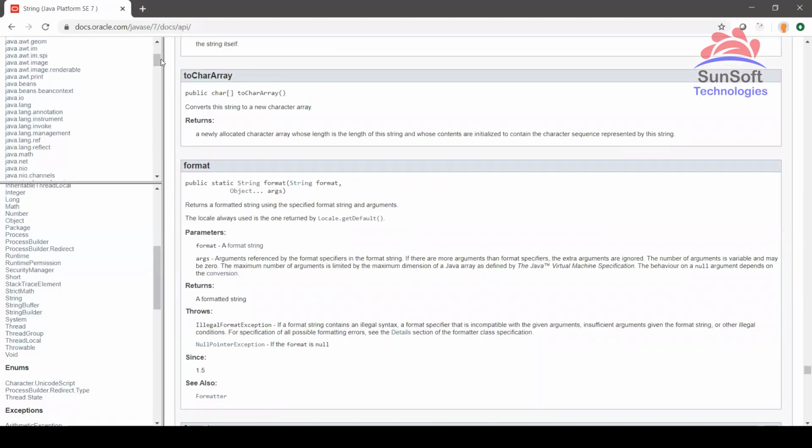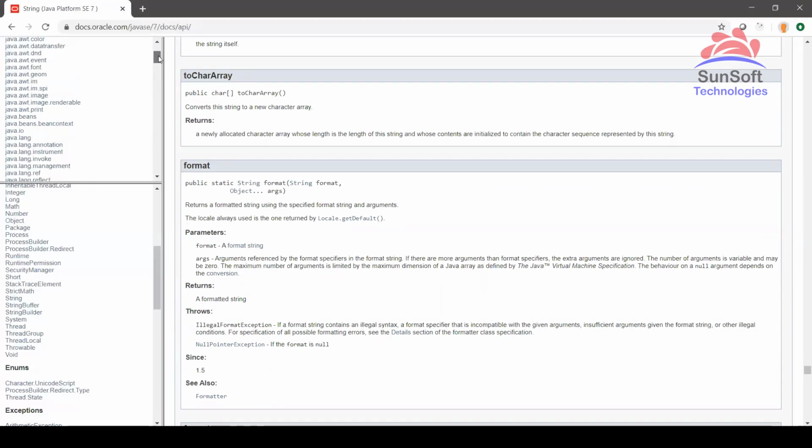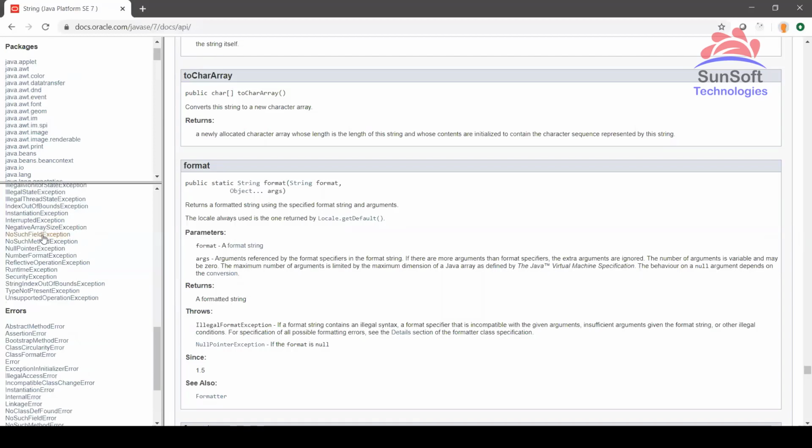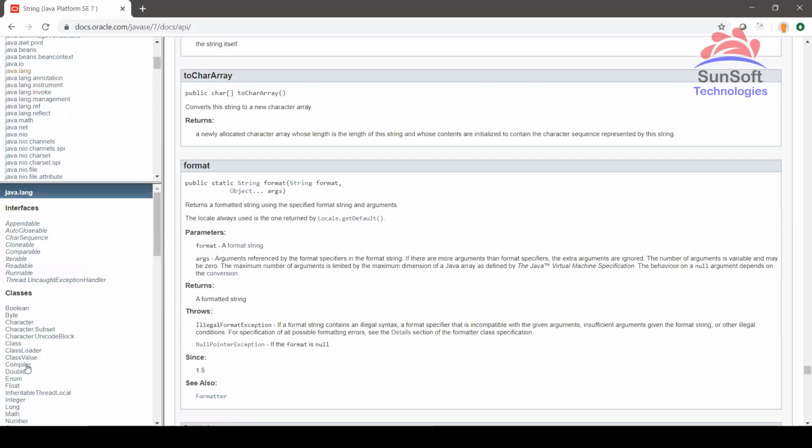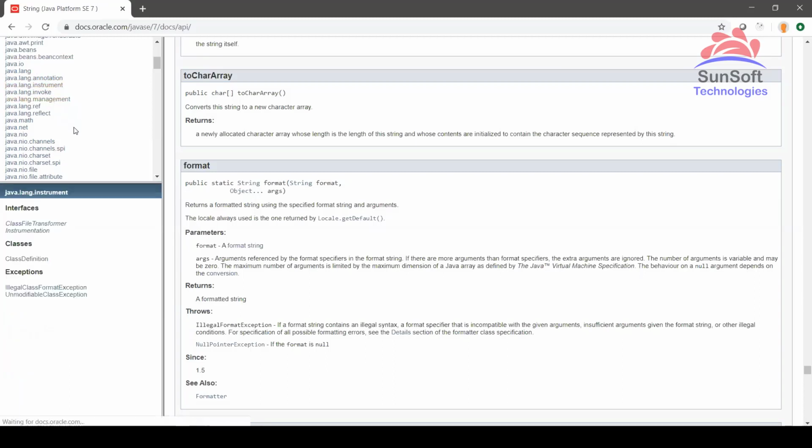But yes, if you want to see which package contains how many classes, then it is better to come here rather than use any command, because we have many hundreds of packages, and every package might contain hundreds of classes. And a package might have further sub packages. Like under lang, we have again annotation, instrument, invoke, etc. When I click on the lang package, remember, it only shows lang package classes, not those of its sub packages. If I click on a sub package, then it will show me what is there in that sub package. So a single package might contain so many classes internally.